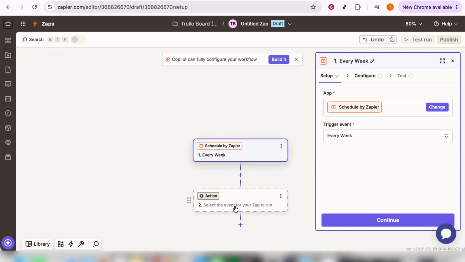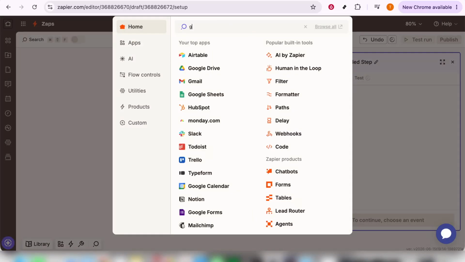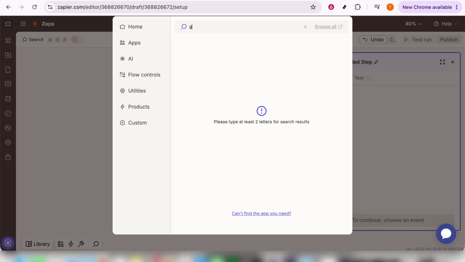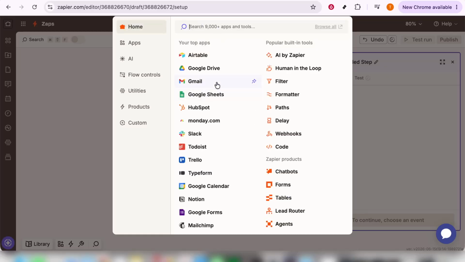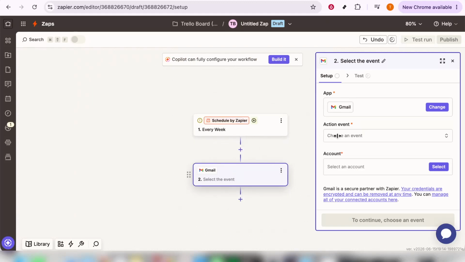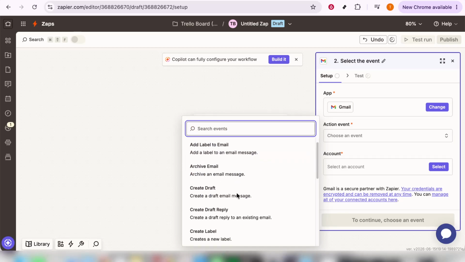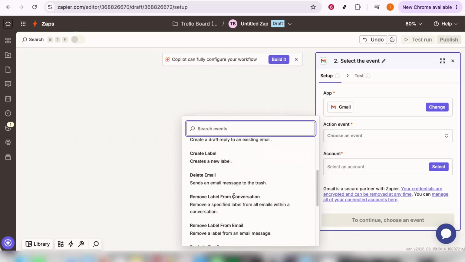Following that, you'll once again need to select an event related to the action. This step ensures that your action is tailored to perform a specific function or result. Make sure you pick an event that accurately reflects what you intend to happen so that the automation runs smoothly. As you make these selections, you'll encounter on-screen prompts. These are there to guide you through specific configurations, helping you customize options so the automation aligns perfectly with your